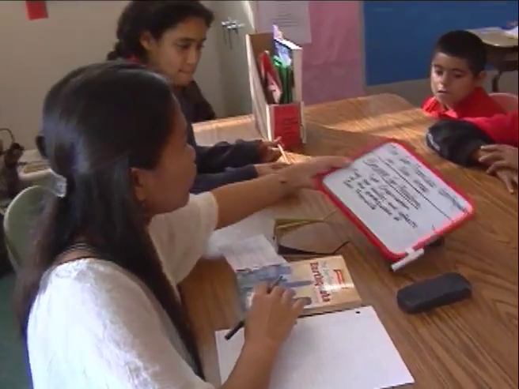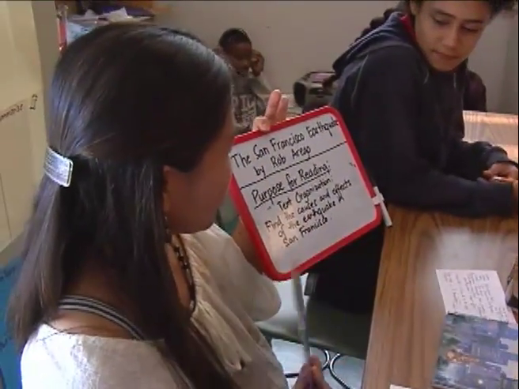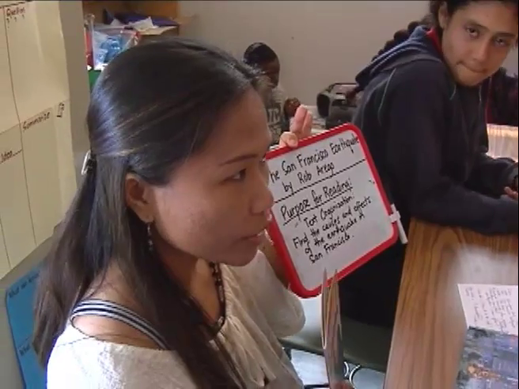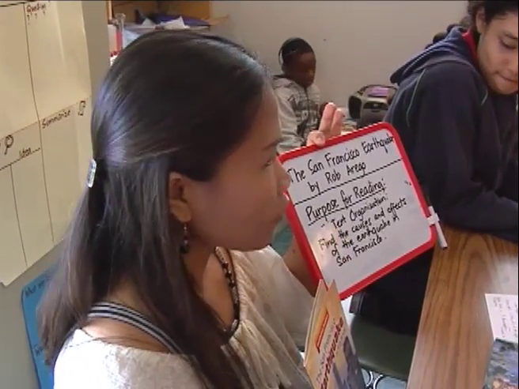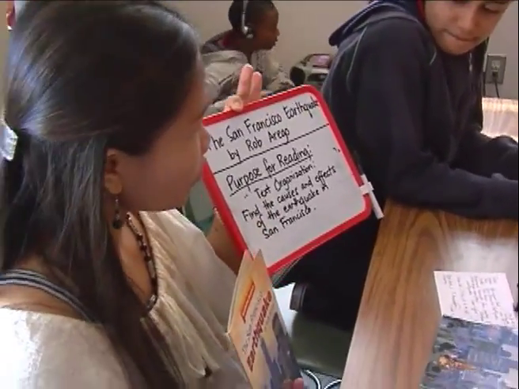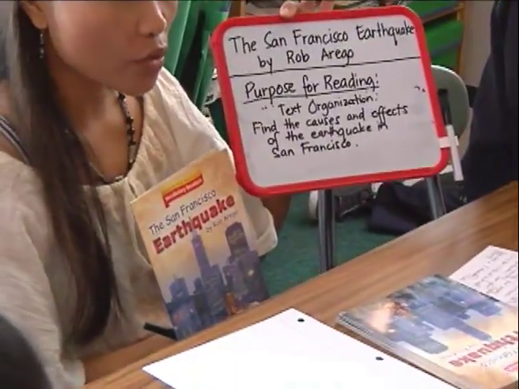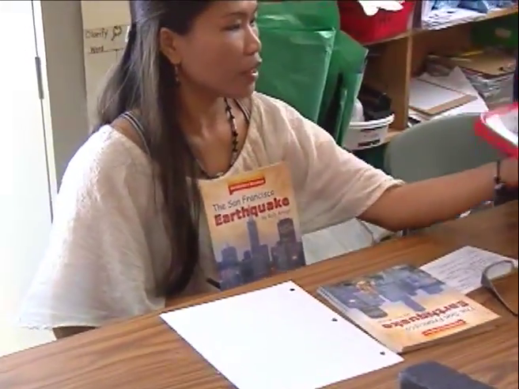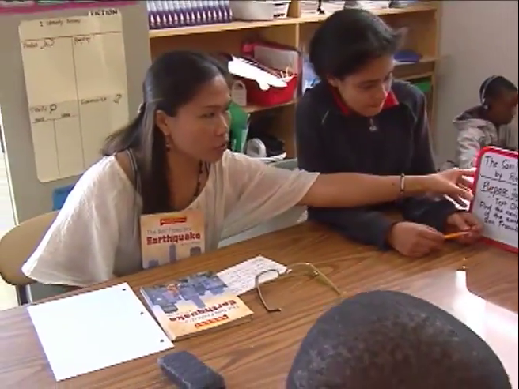Our book is The San Francisco Earthquake by Rob Arrigo. And your purpose for reading, text organization, and you have to find, this time is the causes and the effects, okay, because that's the text organization for this book, the causes and effects of the earthquake. Okay? So this is an informational textbook, an informational text,